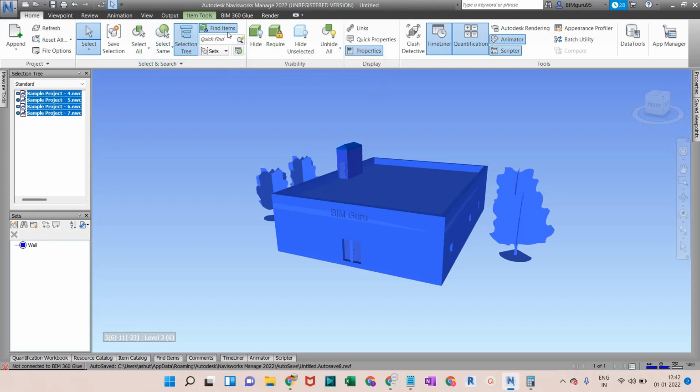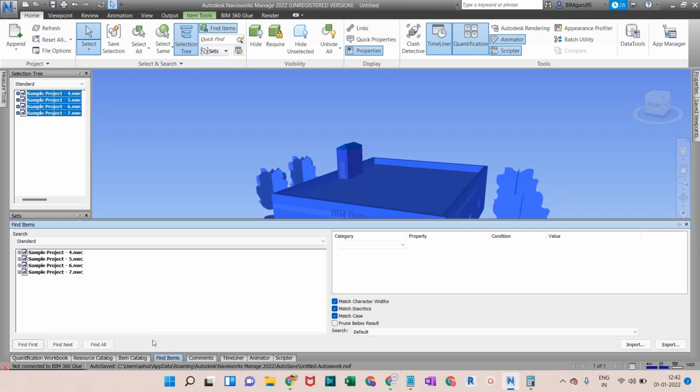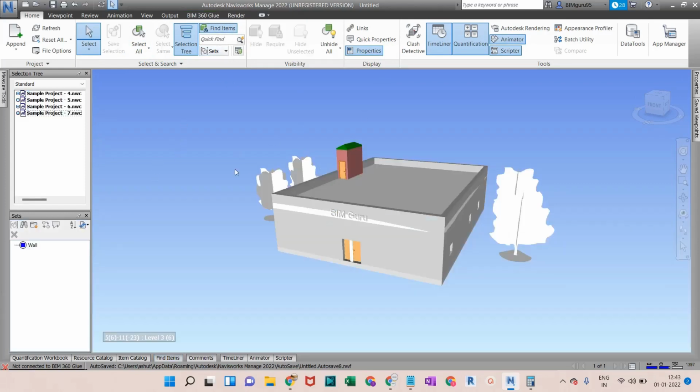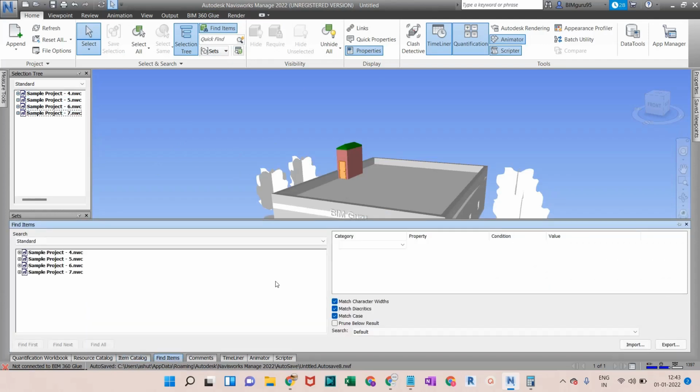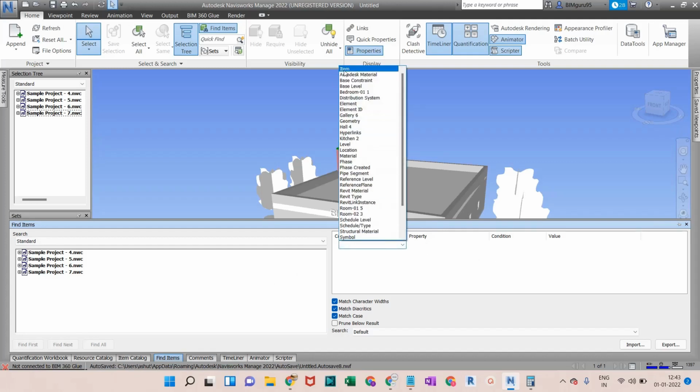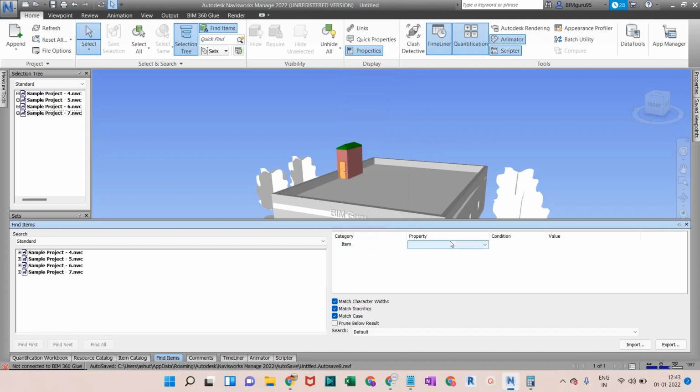Now if I jump onto Find Items and click on that, this kind of pop-up will open. Okay, I'll unselect all the elements. Now I'll go with Find Element. Right there is this filter category. If I click on category, I want to select an item. I want to select only this one. I'm creating a search set for this one.